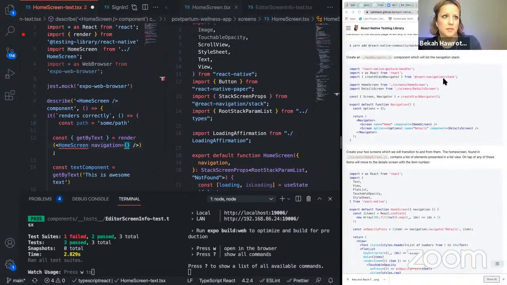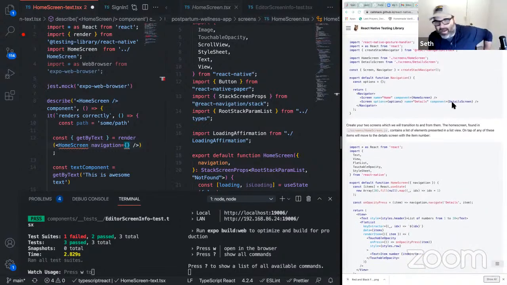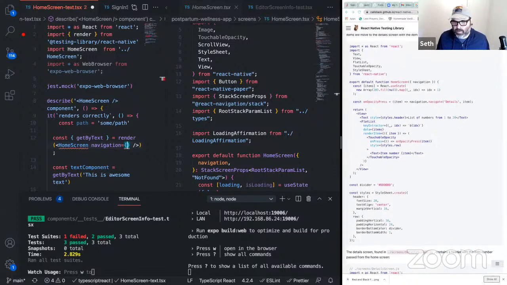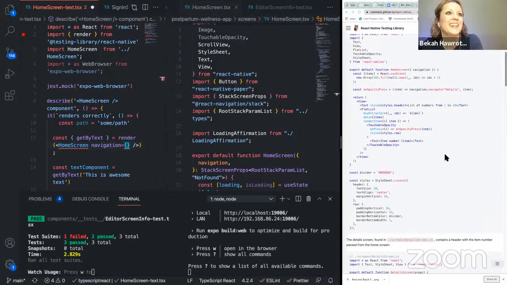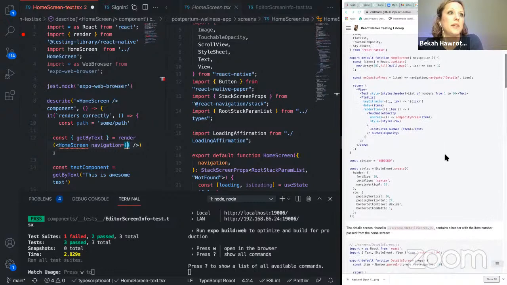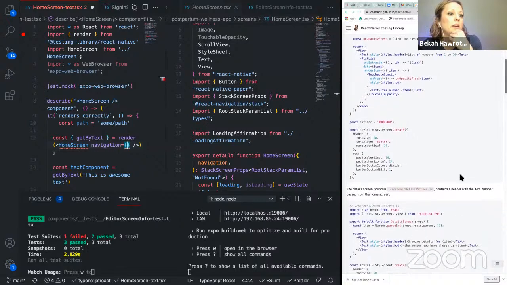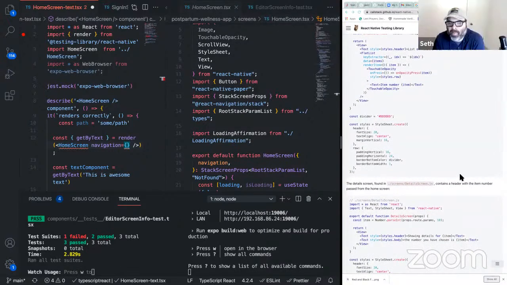I want to say that maybe a little bit of this has changed, but let's go ahead and see. And this is React Native, so I'm a little bit unfamiliar with this. So I'll go with you and chime in. Like I said, I've written a lot of tests for React, and doing this in React Native is definitely different. Okay, so let's see. They're passing navigation there. Now, where are they testing this? Up a little bit.